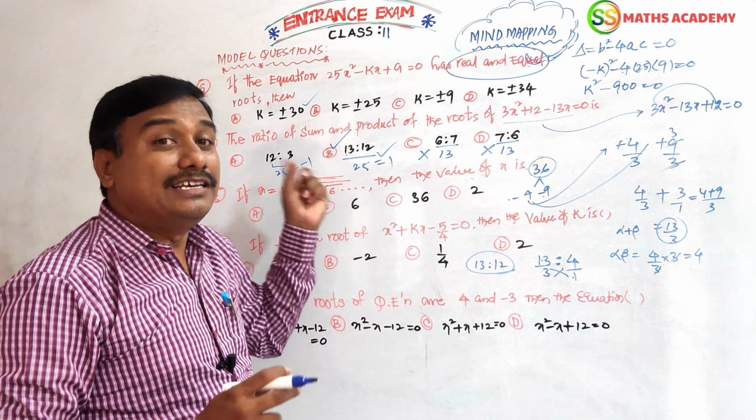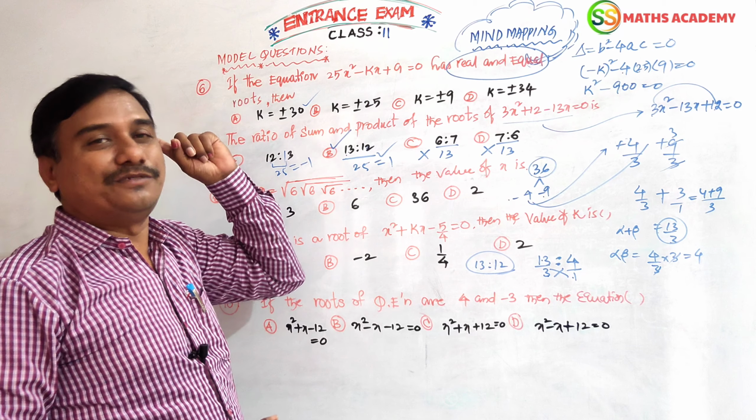Sometimes it will be there like this. Then you can go with the difference also. We should get a perfect square. 13 minus 12 is 1. It's negative roots. It is positive. This is the answer. Okay.